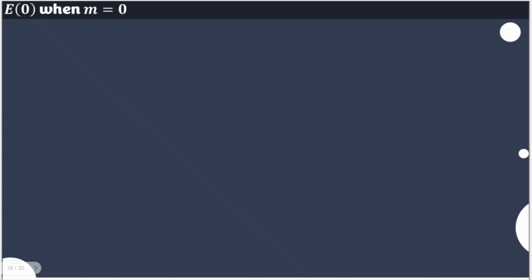Before we proceed to another illustration for the generalized principle of inclusion and exclusion, let's talk again about this notation, which we already saw in the previous video. Though that video was an illustration of the GPIE, we're able to understand the result if we talk about E of 0, when m is equal to 0, because the formula for the generalized